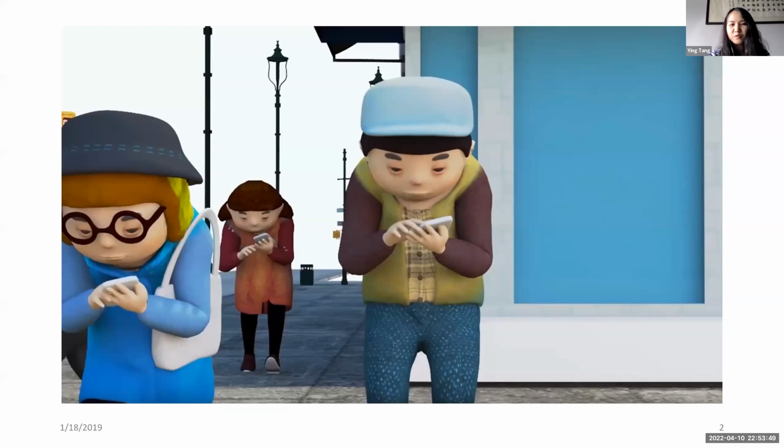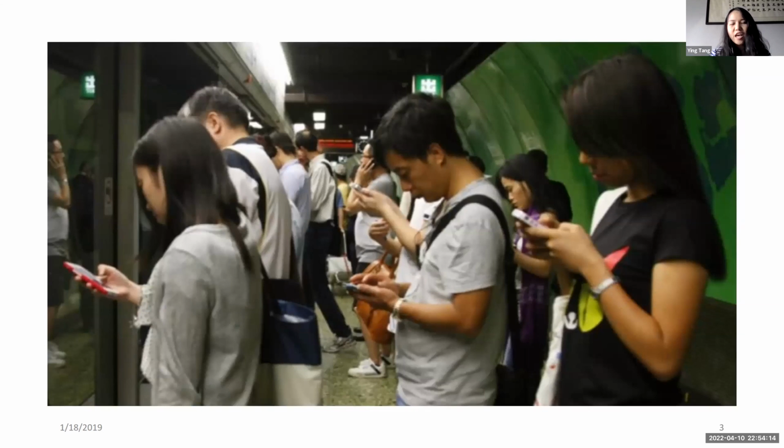So the motivation of doing this study is I started noticing that people are so engaged with their mobile phones. And there's a term called phubbing. I think this term was coined by some Australian dictionary, meaning phone snubbing, describing a person when you are trying to interact with them, but they constantly ignore you. And I took this picture in the subway of Hong Kong when I was doing my PhD study. You can see that nobody was really paying attention to their surroundings. They're just so into their cell phone.